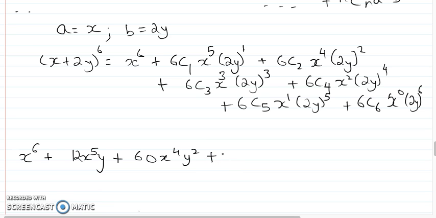Plus 6C3. 6 factorial divided by 3 factorial divided by 3 factorial, which gives me 6 times 5 times 4 divided by 6, which gives me 20. But then you have a 2 cubed term here, which is 8. So 160x^3y^3. Next one, 6C4 is the same as 6C2. 6 factorial over 4 factorial over 2 factorial. So whatever was 6C2 would be 60, which is what was it? 6 factorial over 4 factorial